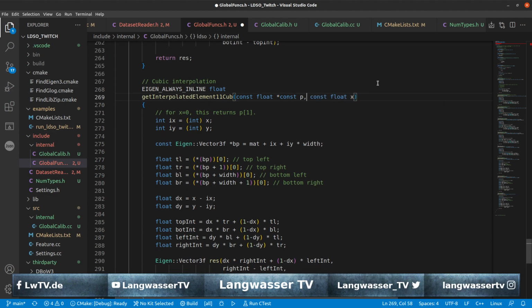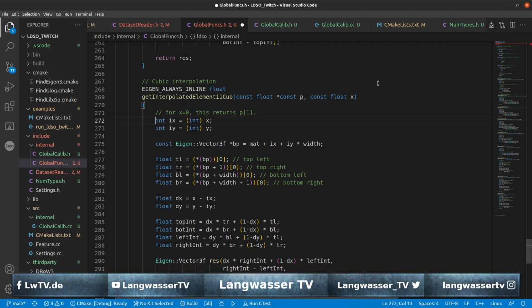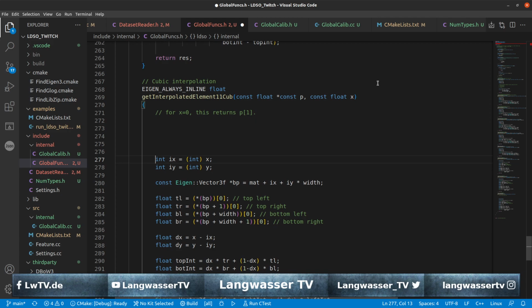So we basically have two floats. One seems to be an array and one seems to be just a single value. Not a singular, this has a different meaning. Okay. And then we have a long formula which I will